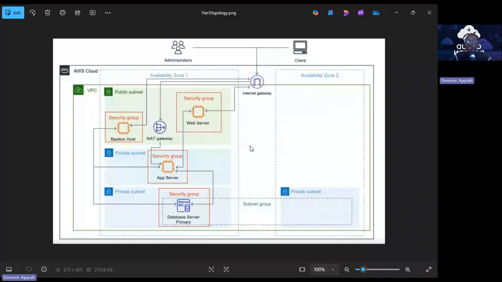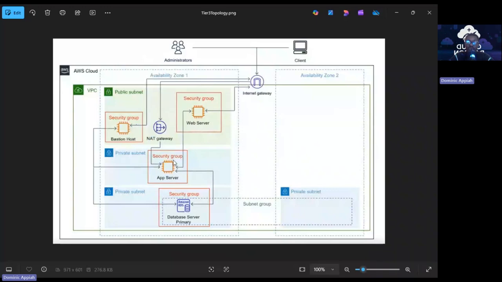So at the web level, maybe the UI/UX interface, it's an e-commerce website. So whatever the users can interact with to make the purchase is a web server. Okay. And so it has to be in the public subnet. Now the application server is what is behind that processes orders, and then the online transaction processing and then the online analytic processing all will be working under the app server, okay, which is